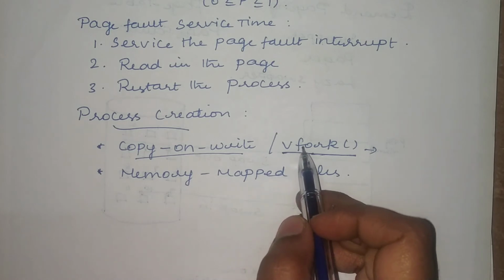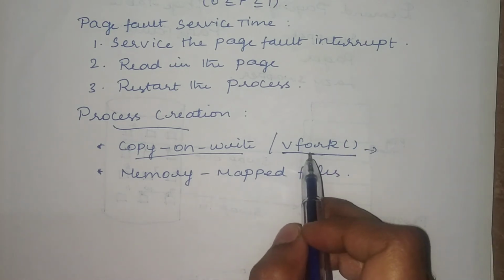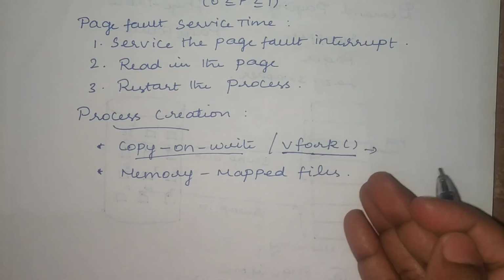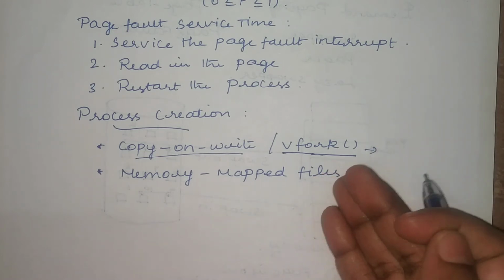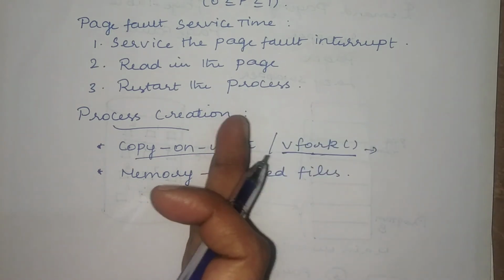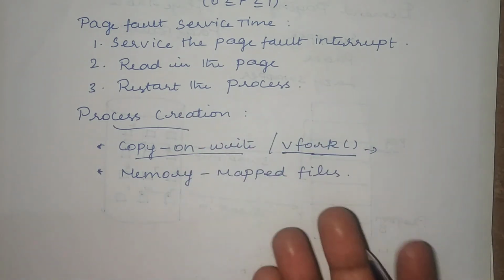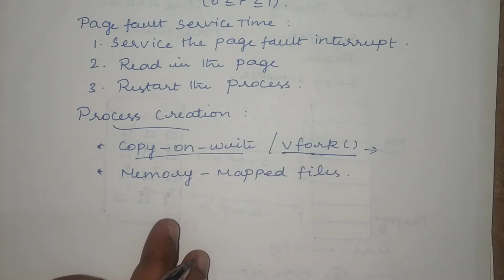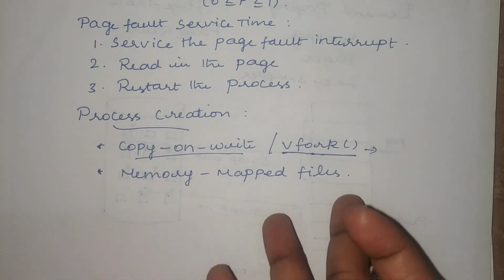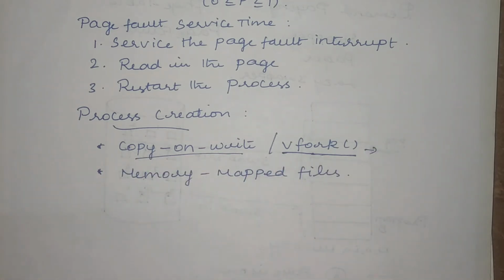this particular system call. So this system call works automatically whenever the child process does any modification. It will be visible accordingly to the other process, okay? Not only the child process, even the parent process can do its modification, and that will be visible to the child process when it resumes. So next one, memory mapped files.